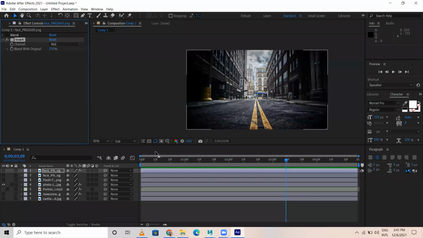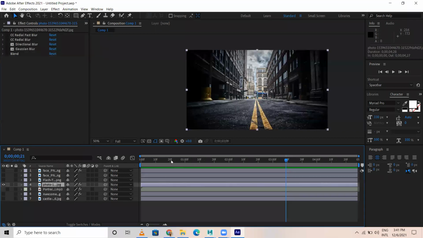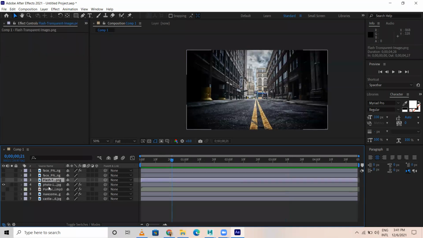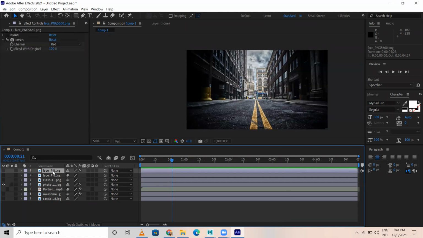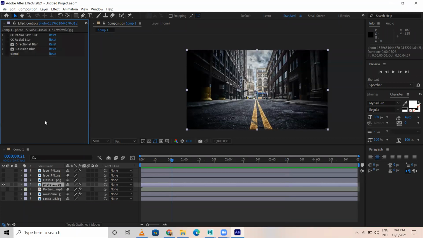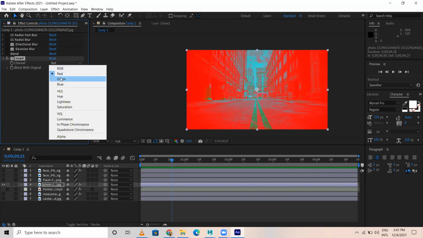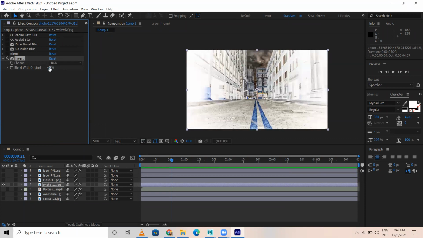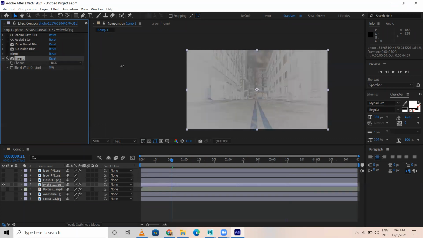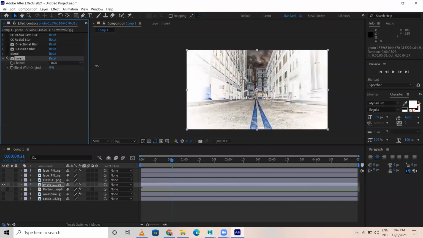For RGB, red, which I have given, then invert. This is invert. See, red color. If I give it for RGB, this is the invert color. See, normal, invert.